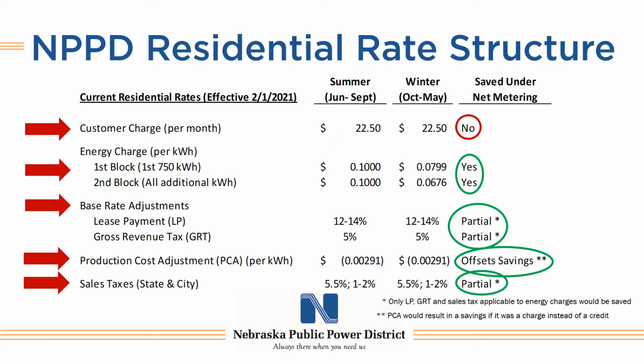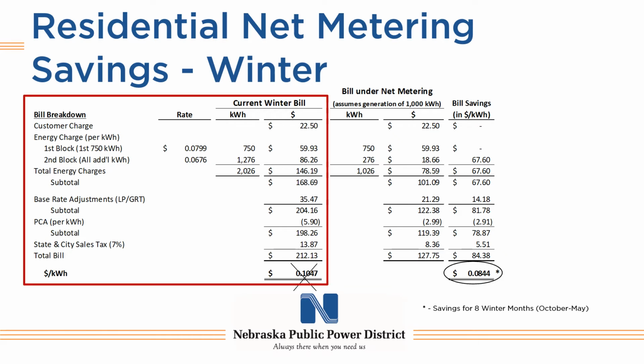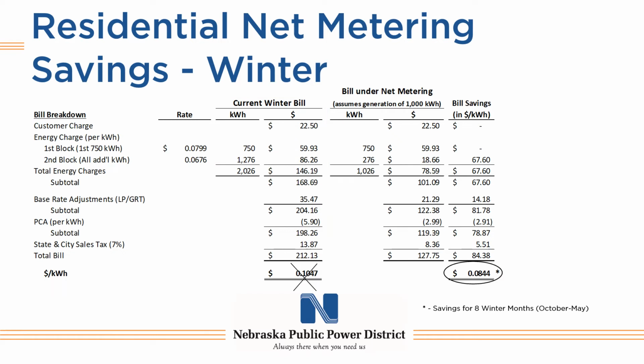So, how much can a customer save under net metering? Here is an example using the information from the customer's winter bill shown previously. However, let's assume they installed solar generation and the energy generated for that bill period was 1,000 kilowatt hours. The left side of this slide shows the rate component breakdown for the customer for a current winter bill. If you recall, total energy usage was 2,026 kilowatt hours, with a total bill of $212.13. On the right side of this slide, note how each rate component is impacted by the 1,000 kilowatt hours